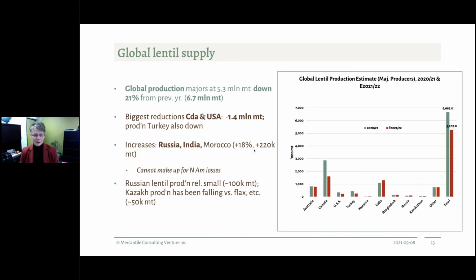So in terms of global lentil supply, was there anybody who could make up for the losses we have been seeing in North America? And you can see that we estimate global production in this ongoing year was down a full 21% from the previous year to 5.3 million tons, down from 6.7 million tons. Biggest reductions again came from the Northern Plains in Canada and the United States, and that's down 1.4 million tons relative to the previous year. And I should add,